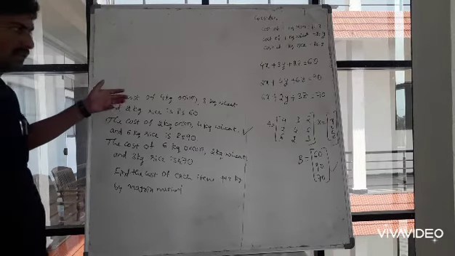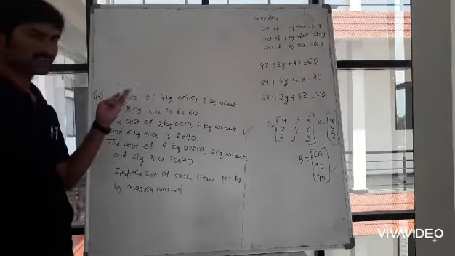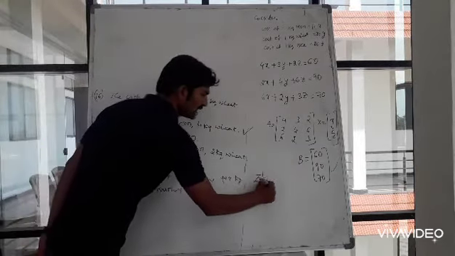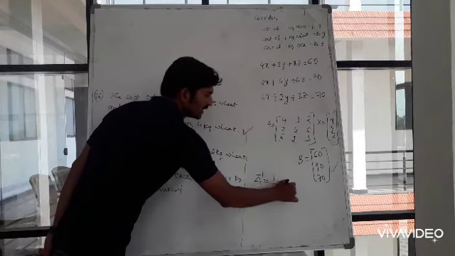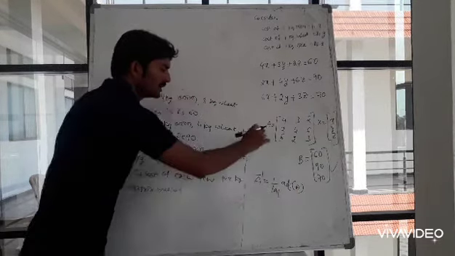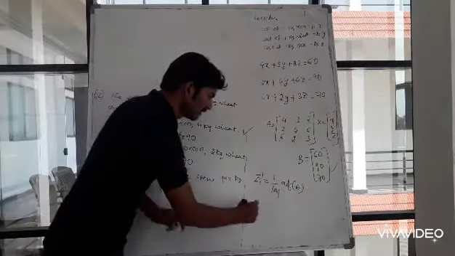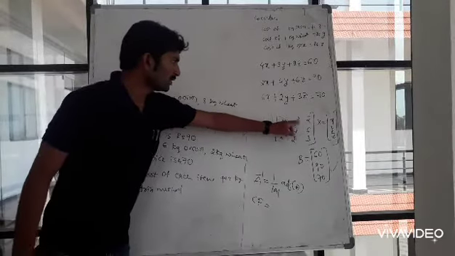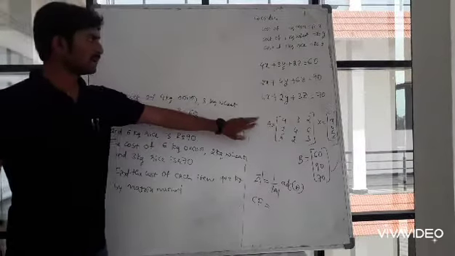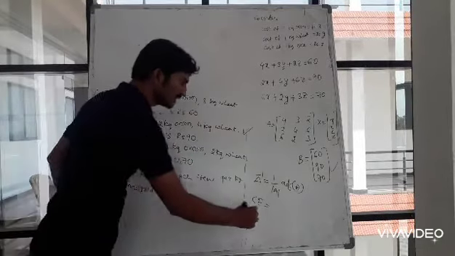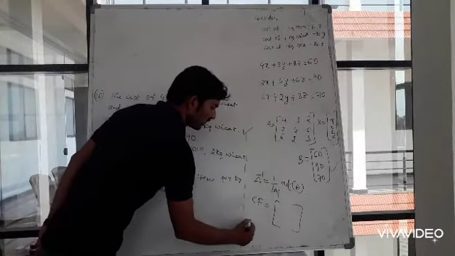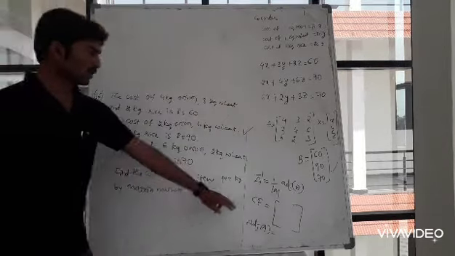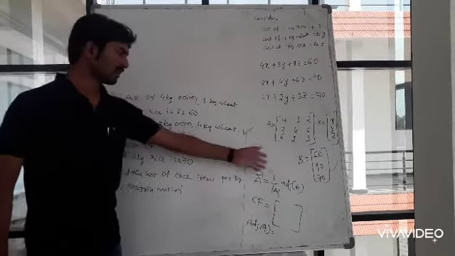First of all, find the determinant of A. Next, if it is not equal to 0, A inverse exists. A inverse can be calculated by using the formula A inverse is equal to 1 by determinant of A into adjoint of A. Adjoint of A can be calculated by using the cofactors. First of all, we need to find the cofactors of each element present in the given matrix A, so we get the cofactor matrix. Then adjoint of A is the transpose of the cofactor matrix. Then write adjoint of A to get A inverse.